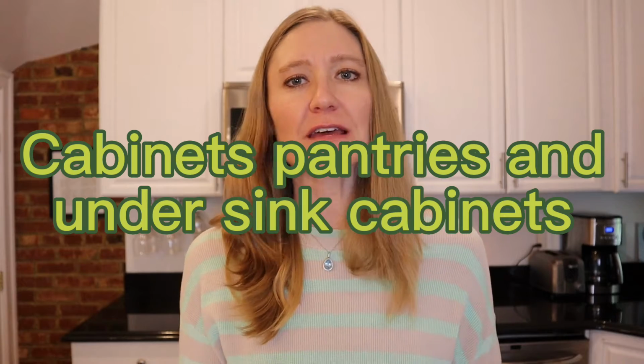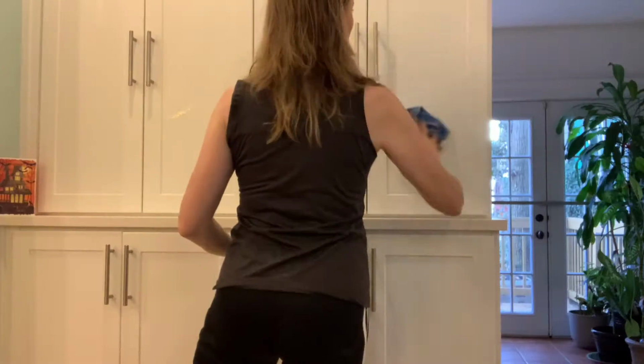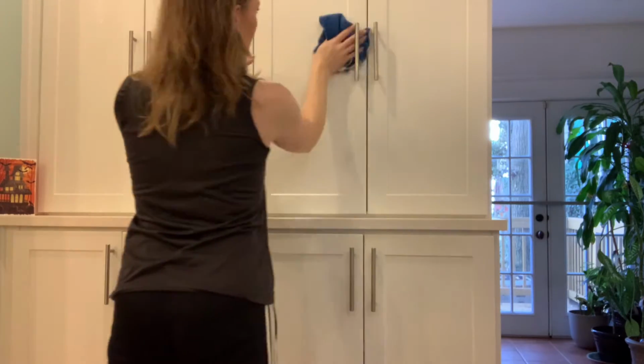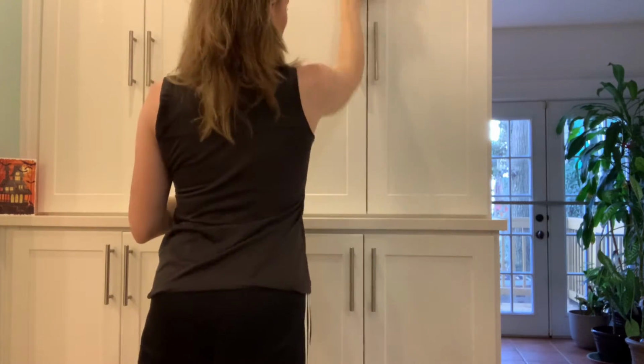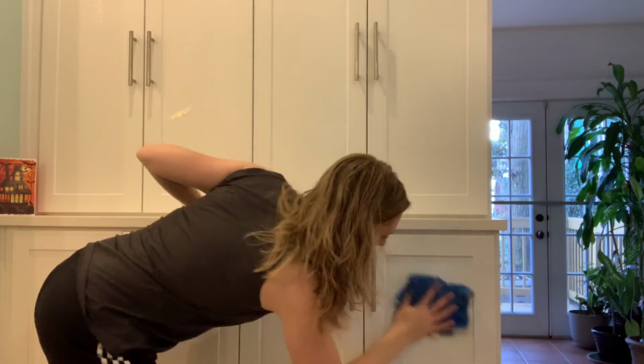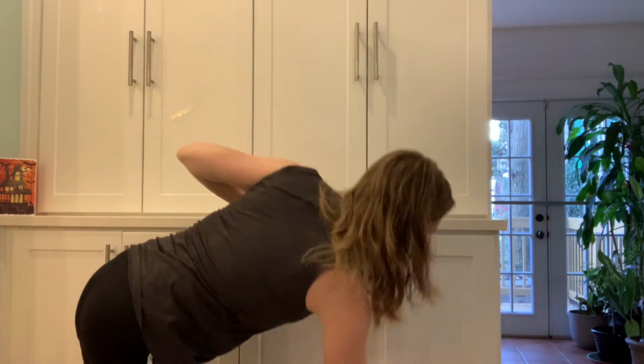These are just kinds of things that we don't do often again, but they have a big reward at the end when we do them, and you feel like you've made a big difference in the cleanliness of your kitchen or your space that you've cleaned. So I like to go ahead and give the outsides of the cabinets a wipe,